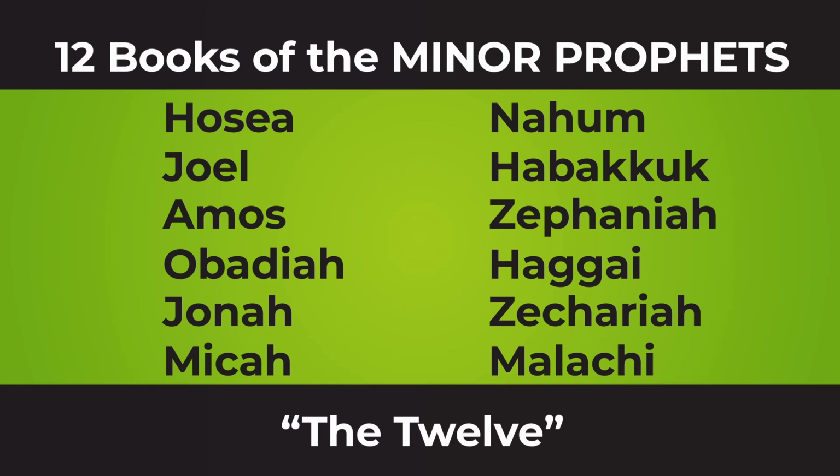I don't necessarily expect you to memorize these books immediately. It might take you a little while. And even when you do know them by heart, it's still hard to find a passage from one of these quickly because they're all so short. But when someone calls out a really funny-sounding Hebrew name along with a chapter or verse, then it's probably going to be one of these: Hosea, Joel, Amos, Obadiah, Jonah, Micah, Nahum, Habakkuk, Zephaniah, Haggai, Zechariah, Malachi.